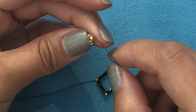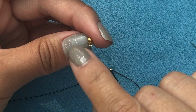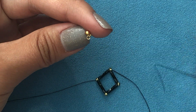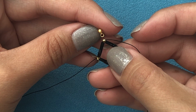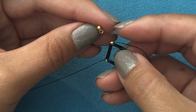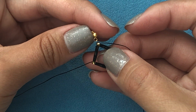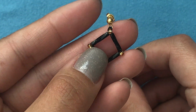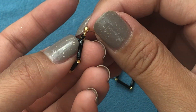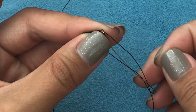So depending on that, there are different ways you can attach it to an earring, but because mine is facing upwards, look, I have to attach it this way. So if I just take my needle through that loop several times, it will end up attached this way. So to hold it straight like this, see, it's straight up. It's not twisted to the side, it's straight up. So to get that effect, what I'm gonna do here,